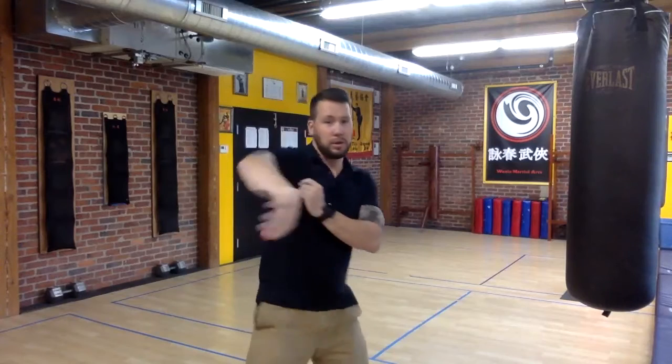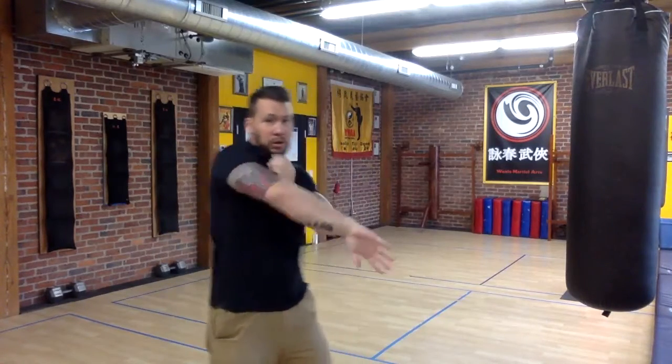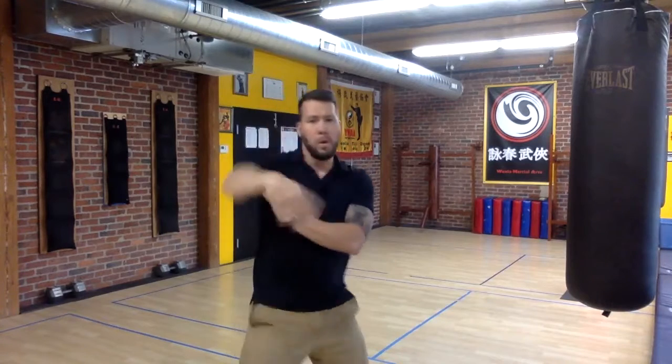Our intention is always to be able to punch and attack, right? It's never to block multiple things and then try to do something, right? So from here, as I go forward and I turn, this thing comes in right away. Forward, turn, and punch right away. So you can see the Bong Sau is there literally for like half a second. You go here,